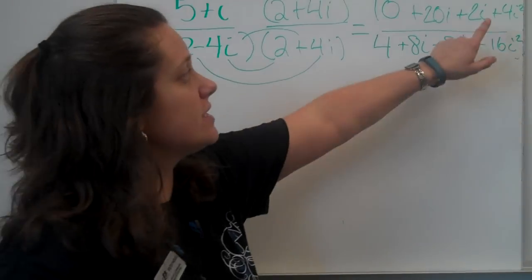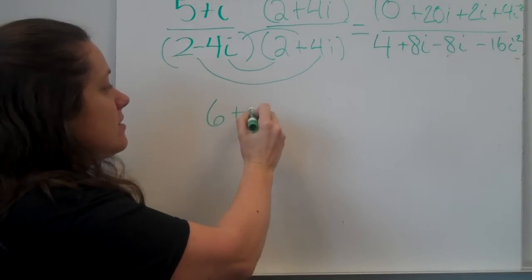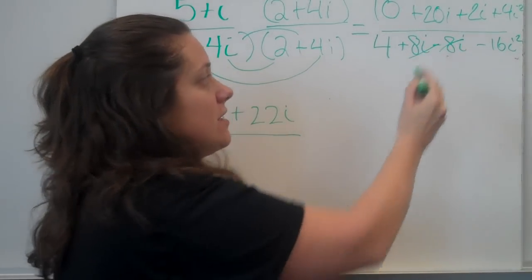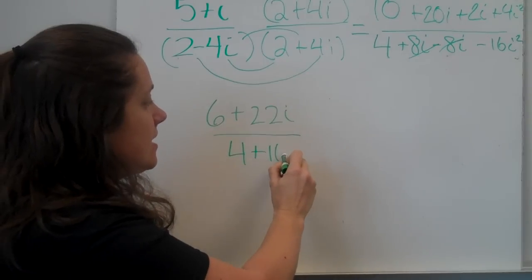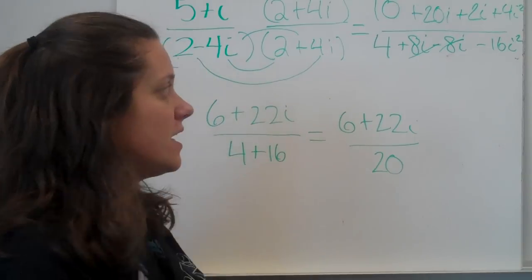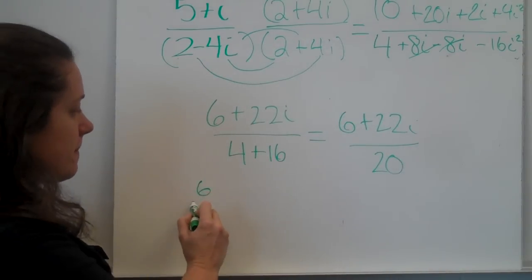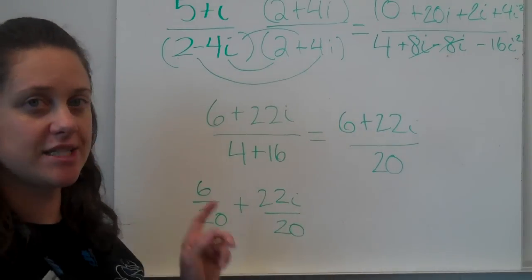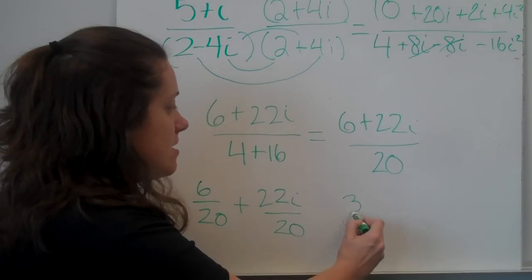Okay, so on the top, I know this is going to become a minus 4. So on the top, I'm going to have 6 plus 22i. And then on the bottom, I said those will cancel. And I'm going to end up with 4 plus 16. And I'm going to end up with this as an answer. Okay, now I know I need to split this apart, and I need to make sure it has the real part plus the imaginary part. And then I see if this can be simplified. So I see this can be 3/10